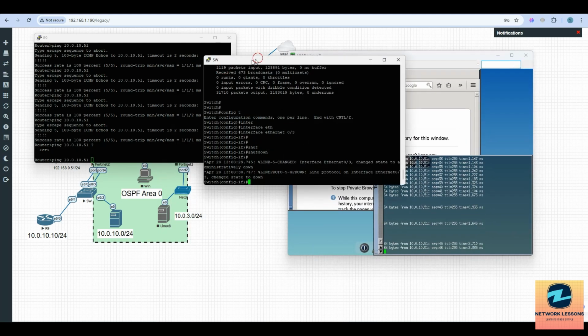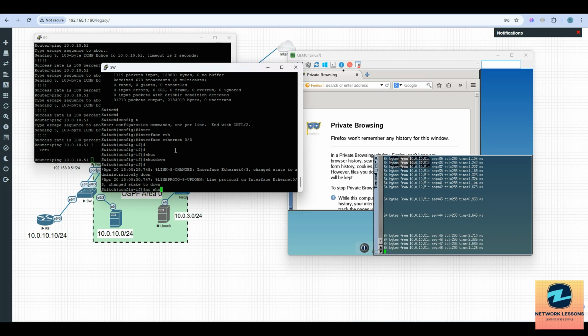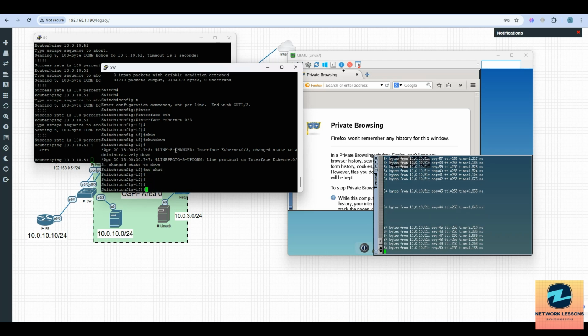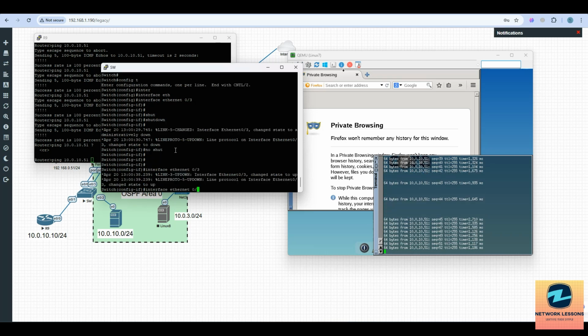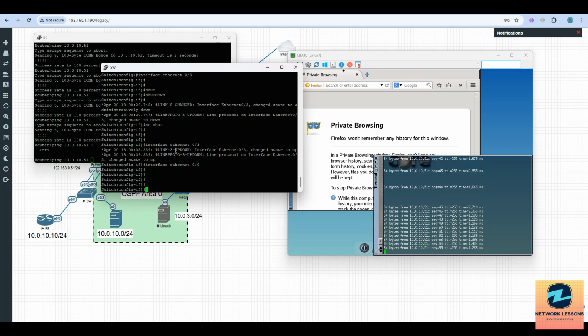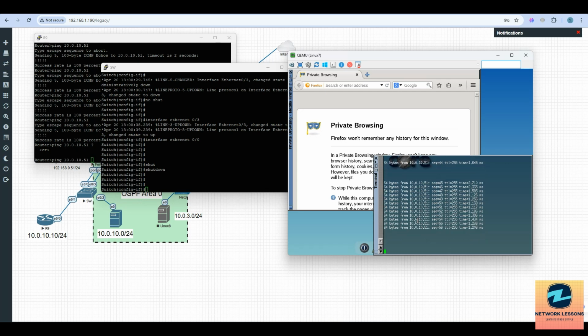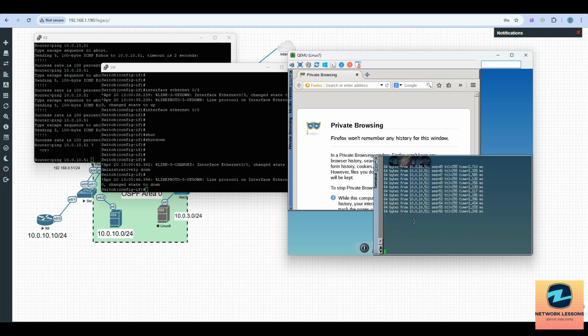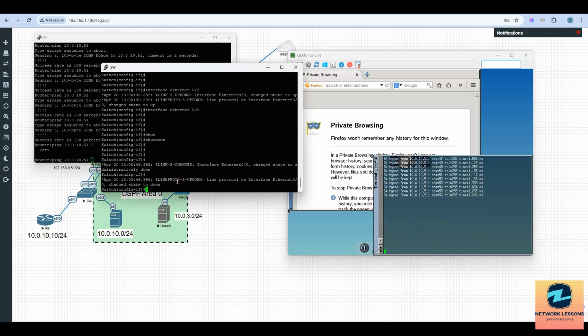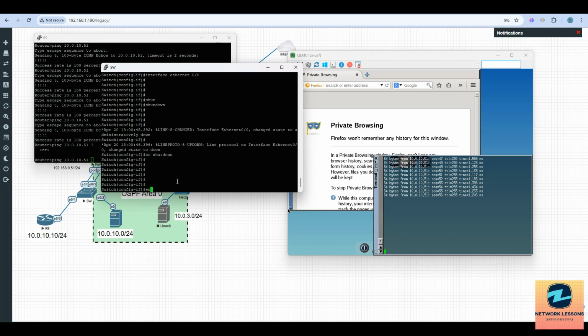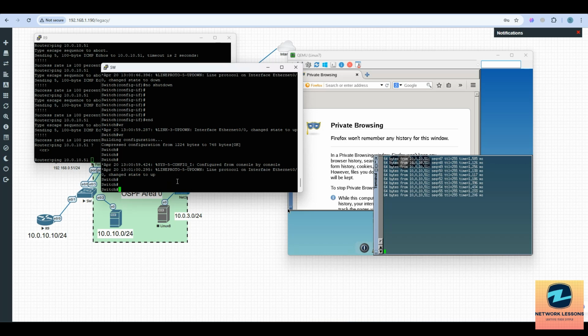So in case you do a no shut on this interface and then go to interface 0/0, which is actually carrying the traffic, and do a shutdown here, the ping is going to stop and you will not see it switching over to the other interface. Correct? So in this case, we'll do a no shutdown here, no shutdown, and end and write,